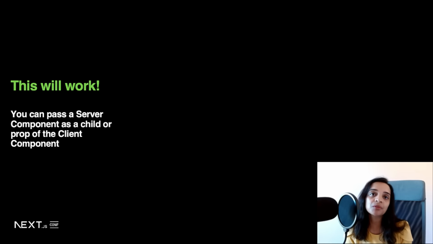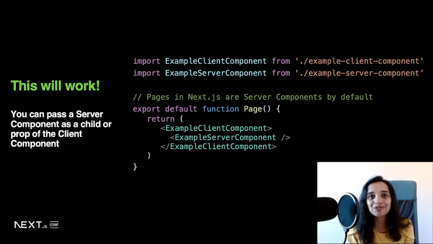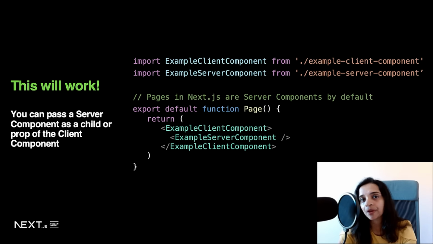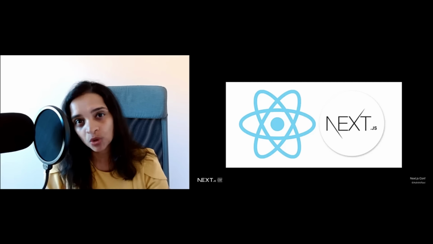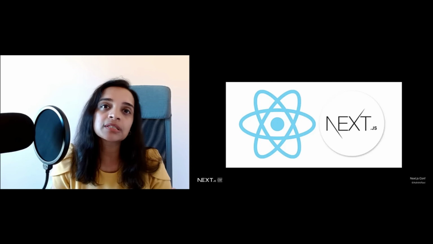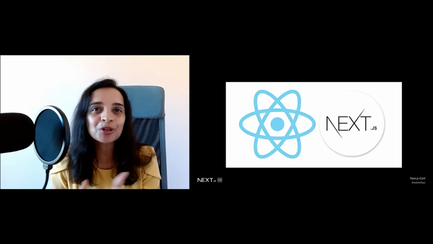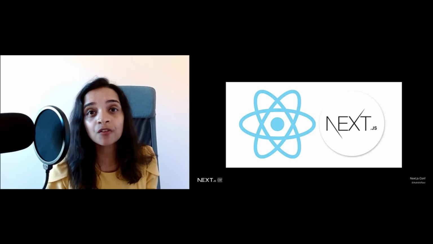You can pass server components to client components as basically props, something like this, where you would pass your server component as a child to your client components if you really have to. Typically, it's better to organize your code such that the client components are mostly at the leaf level and not at the parent level. What we're seeing now is pretty much a change in thinking how React works. What used to be client-side rendered code is now slowly moving towards server-side rendering and server components, where a huge chunk of our code can easily be ported over to the server. And that makes your app a lot more superior in terms of performance.